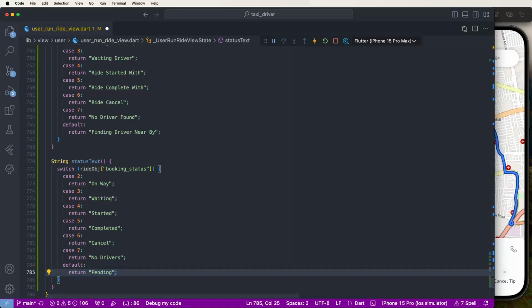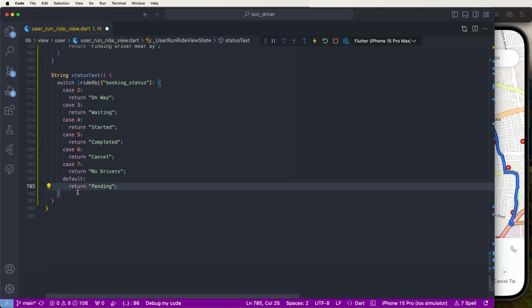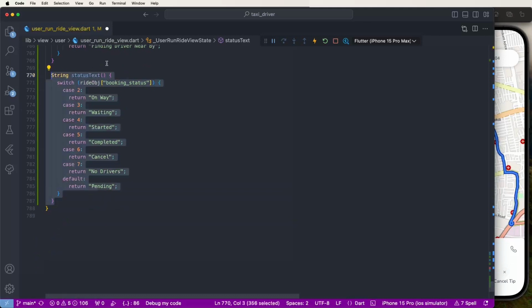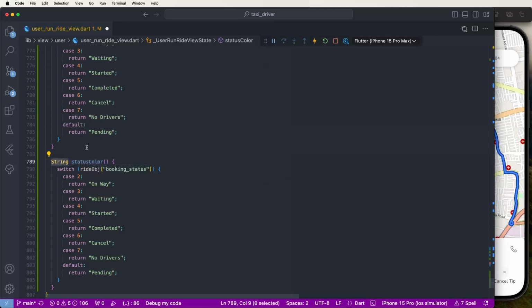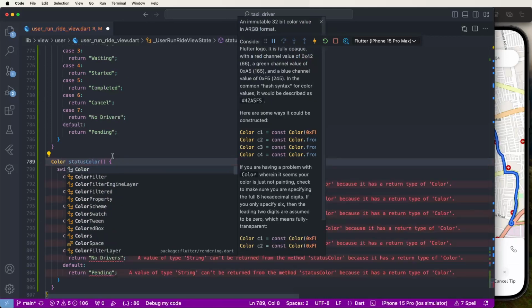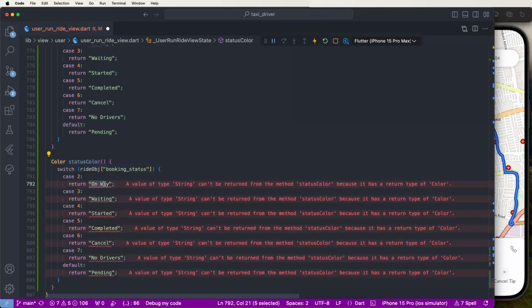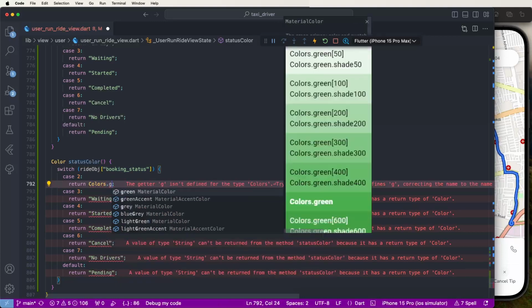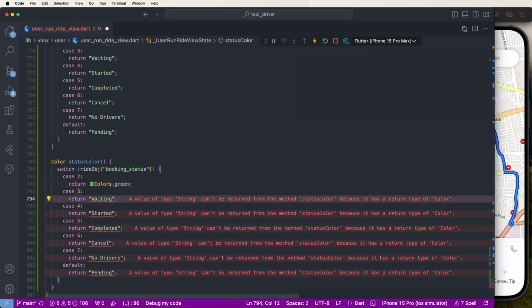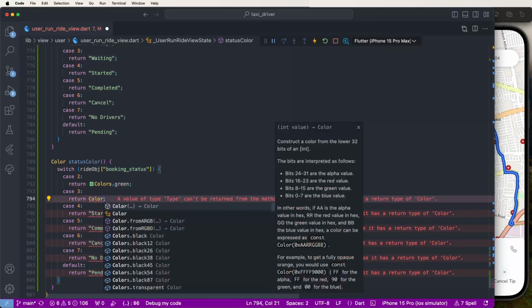Like this we need to set here. Same as, need to create here the status colors. We need to return here. Copy here these functions, paste these here and write down here the status color. And write down here return as a color. Colors green if on way, and for waiting, give this here the orange status